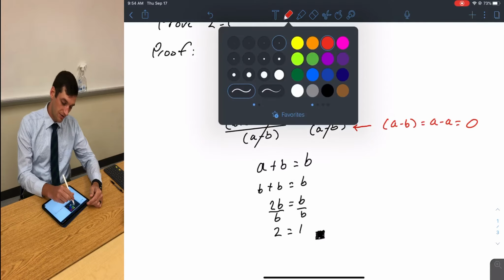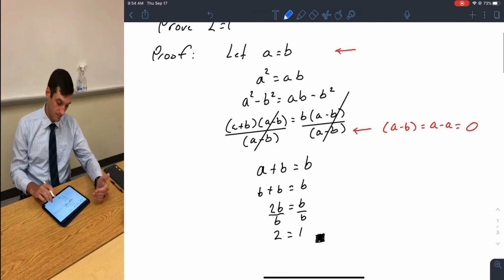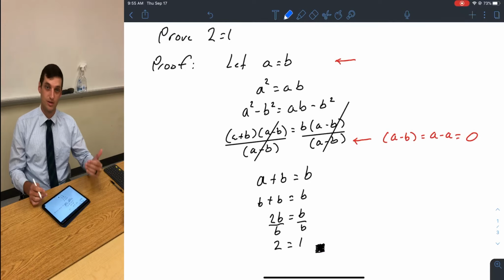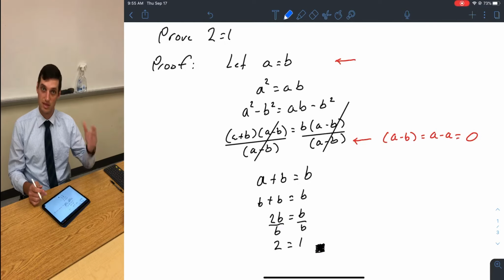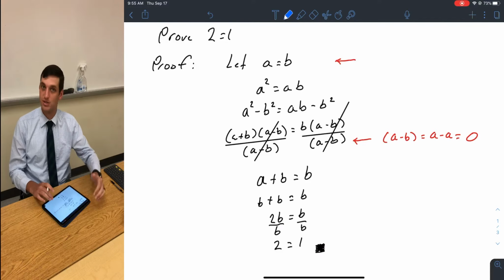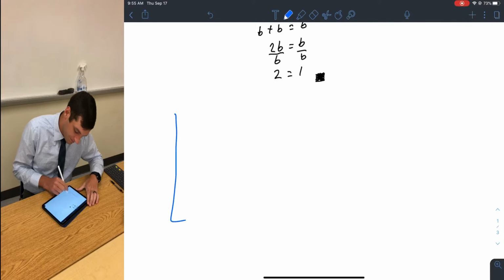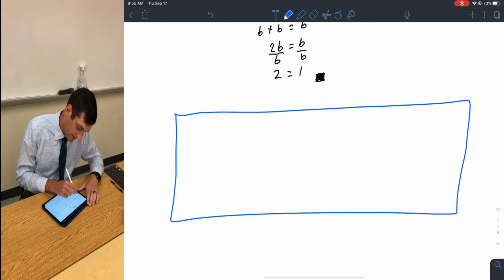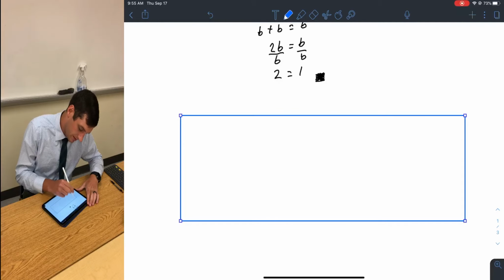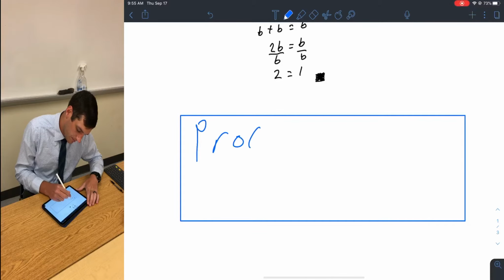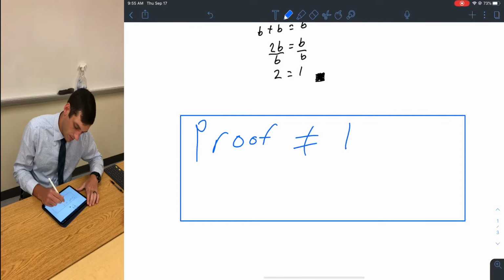So what I want you to take from this is a proof. This is logical. I used deductive reasoning. I started out with an inductive reason, which was A equals B, so I assumed that to be true, and I used deductive reasoning down to where I proved that 2 is equal to 1. So what I want you to take from this, I'm going to write this in a big square, is that proof does not equal